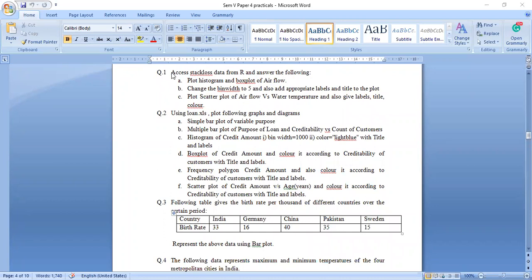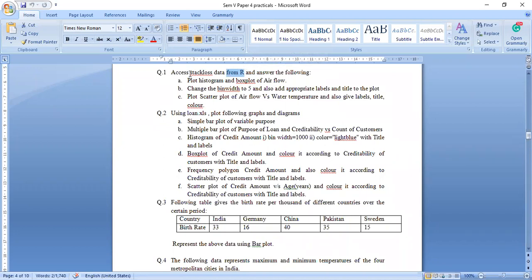Read and understand the questions properly. Access the stack loss data from R and answer the following. They are saying access stack loss data from R. That means this stack loss data is inbuilt in R. That's why I told you to understand these concepts properly.